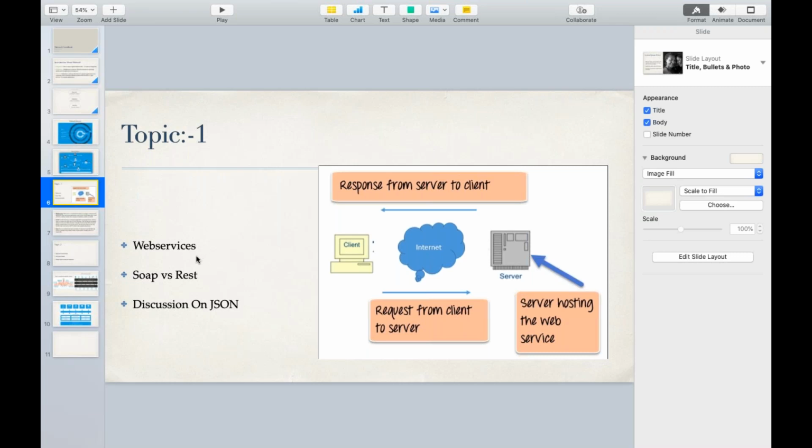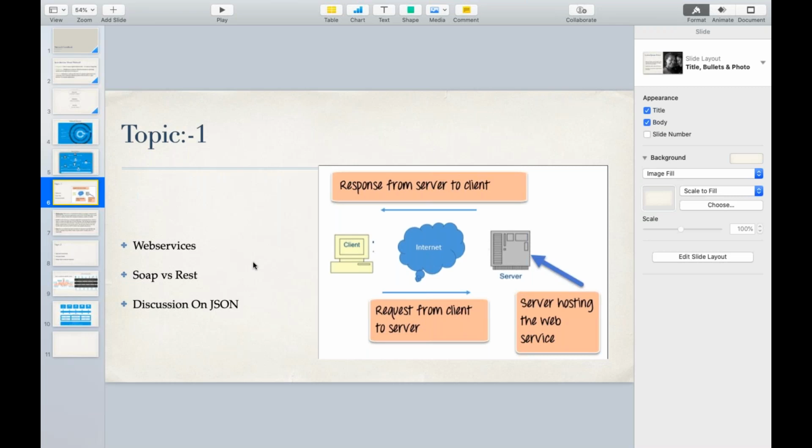So what a web service is: communicating between two applications. Web services are mostly used while communicating between two applications. Consider there is an application A and an application B, and these two applications want to communicate with each other over the internet.